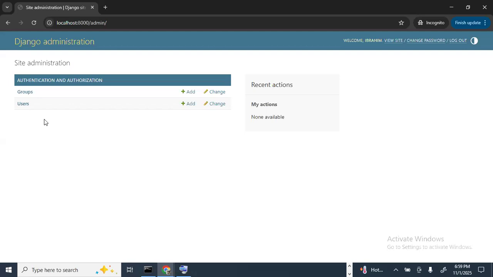So we need to configure the admin interface for it to have a sense of existence of a book table. Then after that, we can just come into this admin interface and interact with it seamlessly